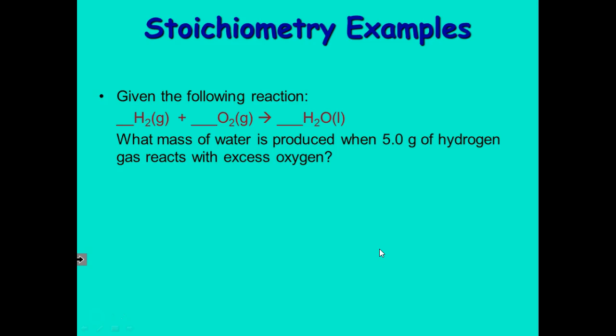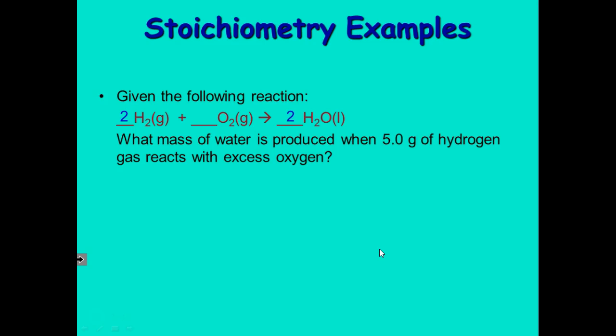If we take a look at this, we see that the hydrogens are balanced to start with. Oxygen is not, so we're going to need a 2 in front of the H2O. Because we had to double the H2O, we doubled the hydrogen on the product side, so we also need to double the hydrogen on the reactant side. You always have to have a balanced equation to relate quantities of different chemical substances to one another in order to solve